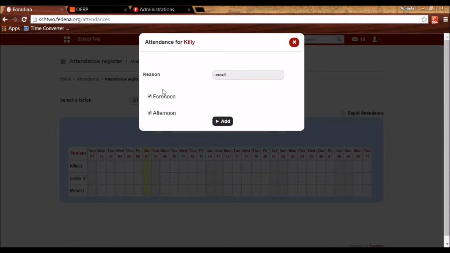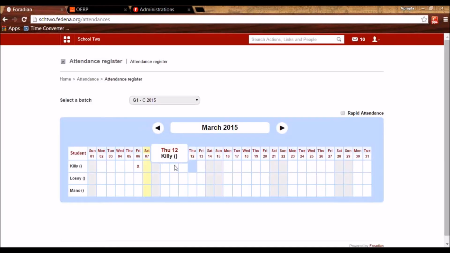whether the student was absent for the full duration or half of the day. And this interface is coming because I've selected the attendance type to be daily. If I select it to be subject-wise, I will be asked the subject, and as per the timetable I have given for that subject, I'll be getting to mark the attendance here. I can mark the attendance of a student for a previous date or for a current date, but not for a future date.